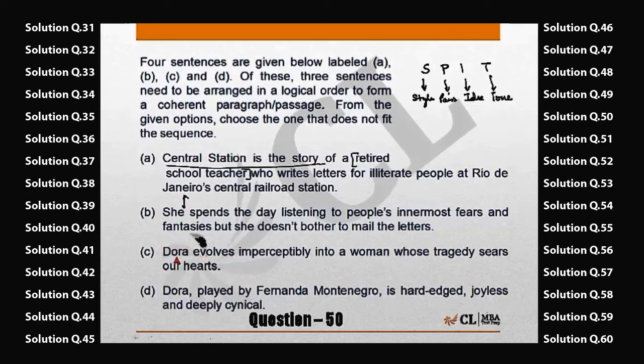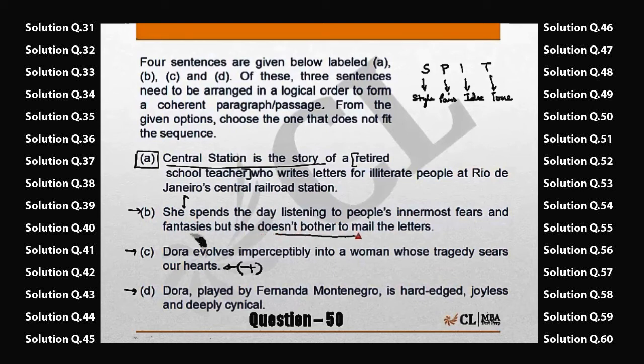C: Dora evolves imperceptibly into a woman whose tragedy sears her heart. And D: Dora, played by Fernanda Montenegro, is hard-edged, joyless and deeply cynical. So A has to be there for sure because it talks about the story, and B, C, D are specific about the character. Now which one of these B, C, D would you eliminate? If you look at the tone here, it seems to be positive. Imperceptibly into a woman whose tragedy sears her heart. But if you look at the tone of B, she spends the day listening to people's innermost fears and fantasies,